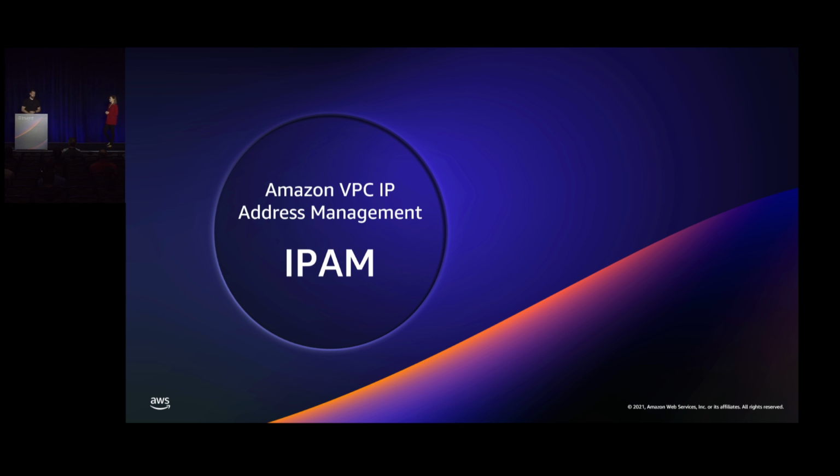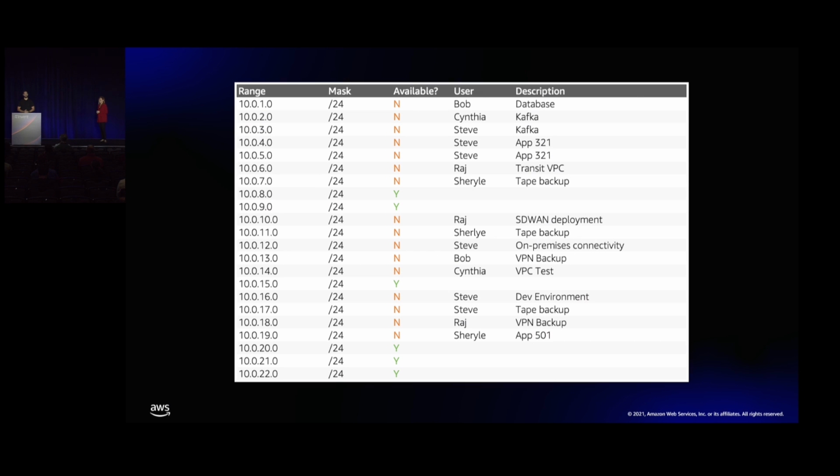Yeah, no problems. The question just quickly was, do we have control over the IPv6 addressing? You can bring your own IPv6 addresses to AWS, or you can use AWS's IPv6 ranges as well. This leads us into talking about IP addresses, IPAM, or Amazon VPC IP Address Management. This is a brand new service that was just launched. I believe it was yesterday or the day before? Wednesday. All the days kind of run into one here.